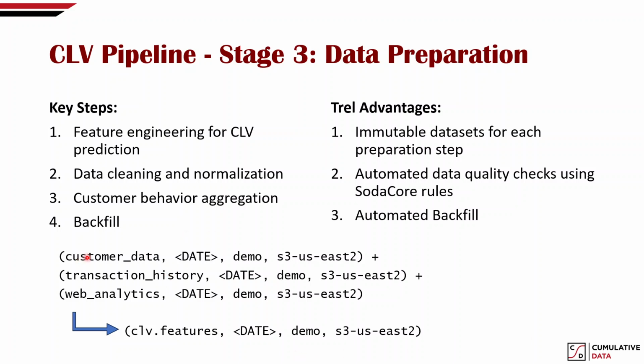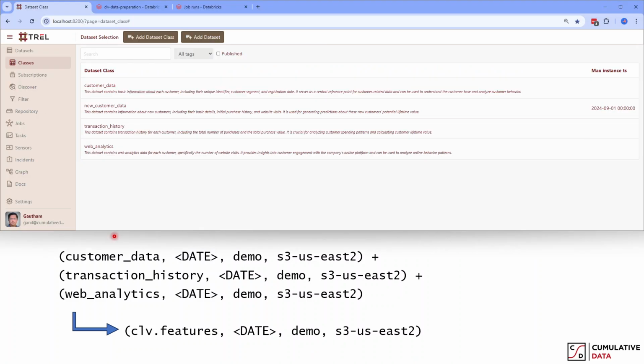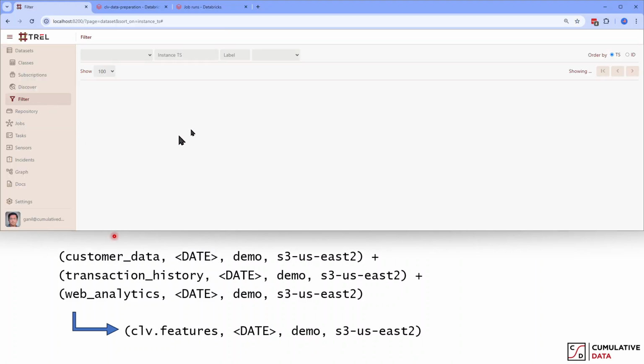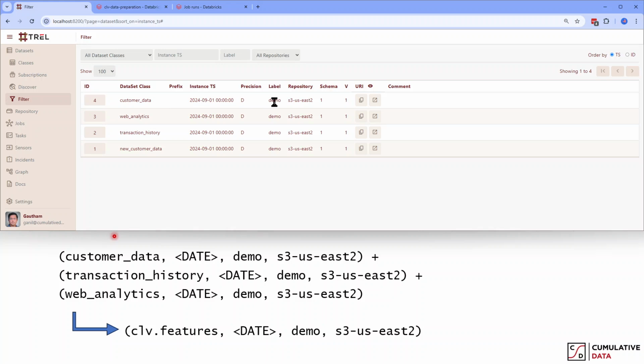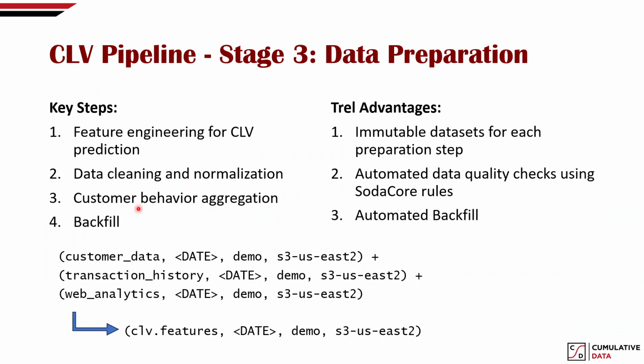So the inputs are customer data, some date, demo, and S3US is2. This is the identity of the data that we just added to our data catalog. Let's just confirm that once more. So customer data, date, demo, S3US is2, and it is the same for the other three, and they all have schema version 1, which is also something that we added. So coming back here,